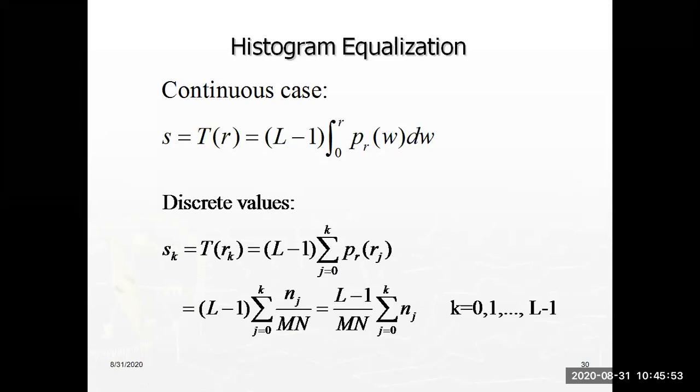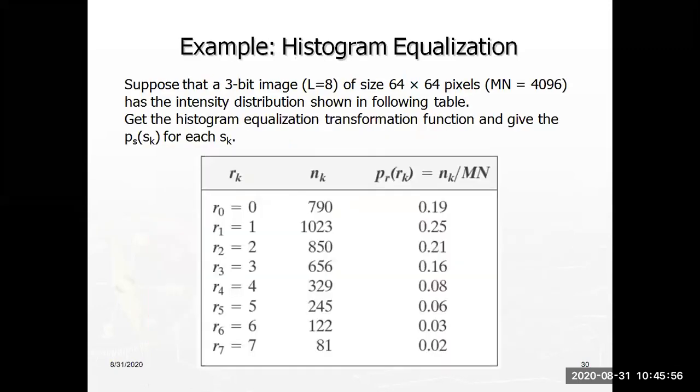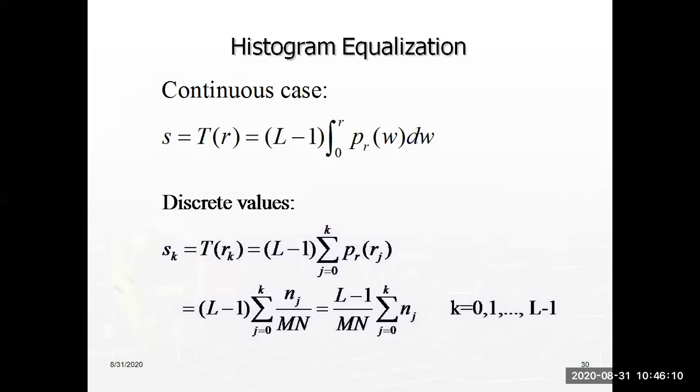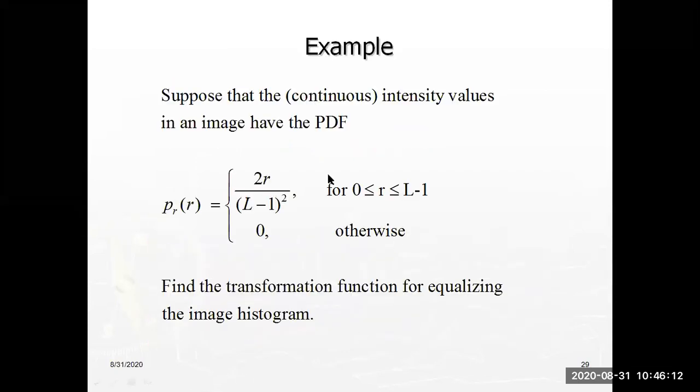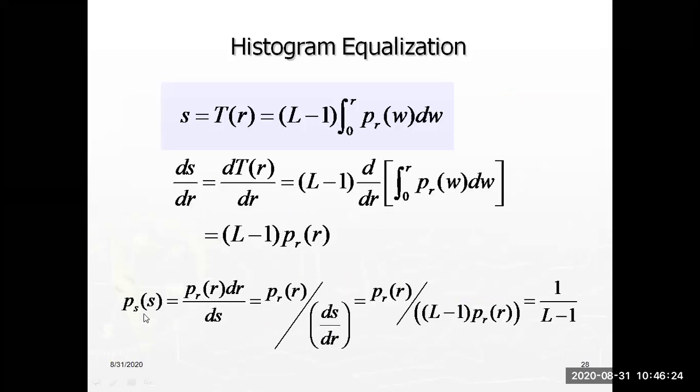With this process we can calculate for any image, but we should know the probability values. We should know this type of table. By getting this type of table only, we can calculate the histogram equalization, or otherwise at least we should know like this. This is for the continuous PDF, the continuous probability density function for a particular image. If you know this, we can easily calculate using this formula p_s(s). So this is entirely for continuous.